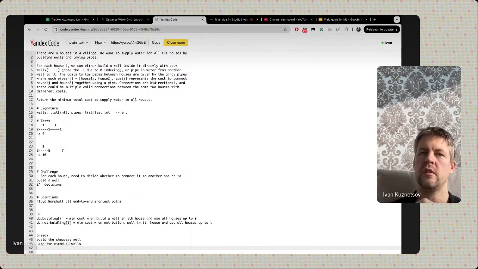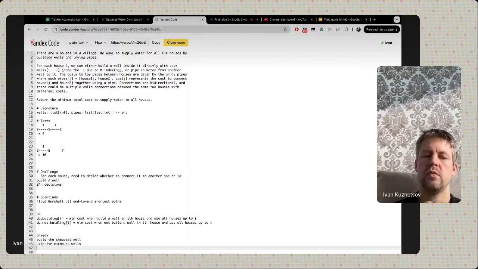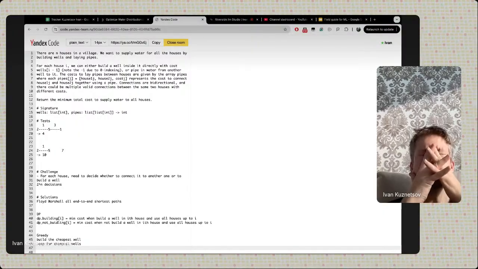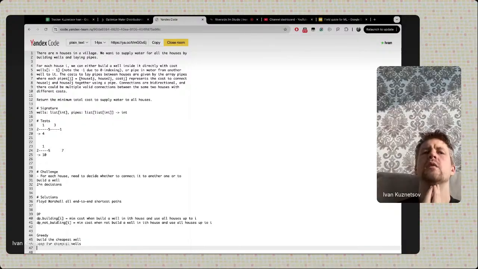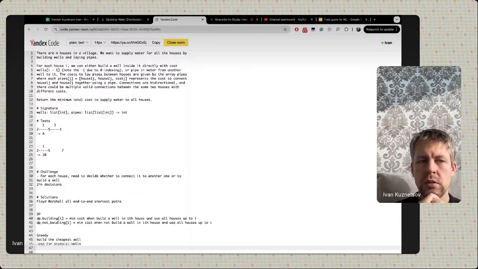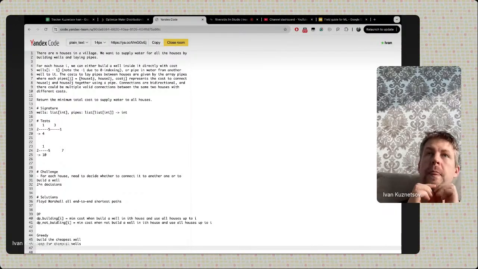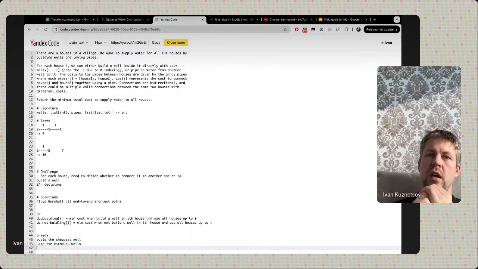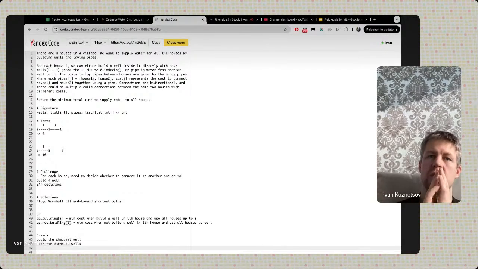Yeah, actually here, let's say we start with the cheapest well. We use the heap and we just add all the neighbors of this. So we have built a well here, and then we also know the price of the wells for all our neighbors, and we can either